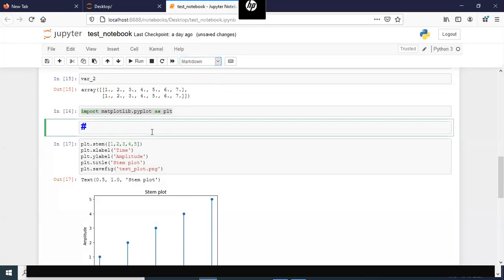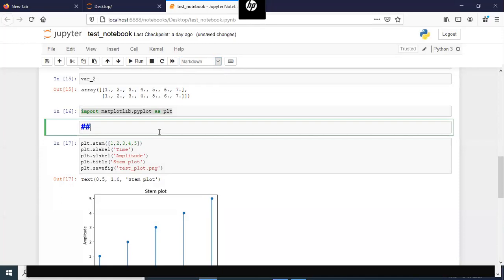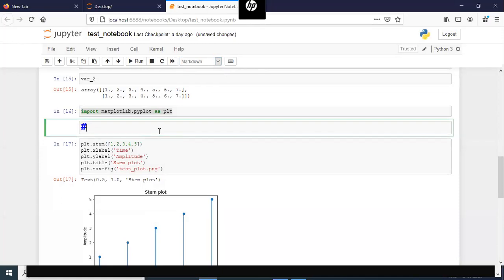Markdown is another form of writing for the web generally, which is a much simpler version of HTML. It has much simpler syntax and it's easier to write. If you want to write a heading, you put this hash symbol. That means it's a big heading.